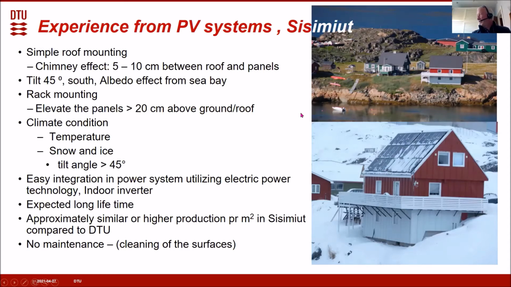And as soon as we get some irradiation, this little snow or ice will melt. It means that we have a rather good production. We recommend a tilt angle of at least 45%, because if it's lower, then we can have snow over all the PV, and then the production will of course be zero. It's easy to integrate, expect long life,